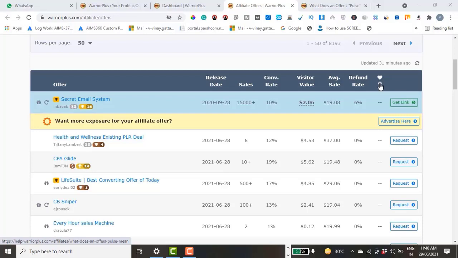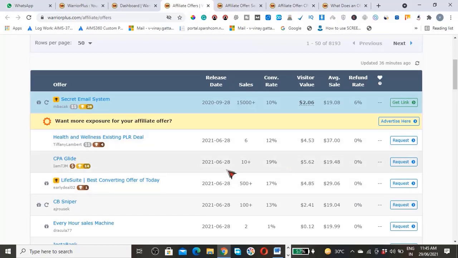So in this case, if I have to select an offer, what I would be doing is just look at the top 5 offers that are here, or top 10, and as I said, I look at the EPC. I will just directly filter it out based on that, and I would select the offer with the highest EPC. So now we need an affiliate link. What you need to do is select the offer which has the highest EPC and click on that.